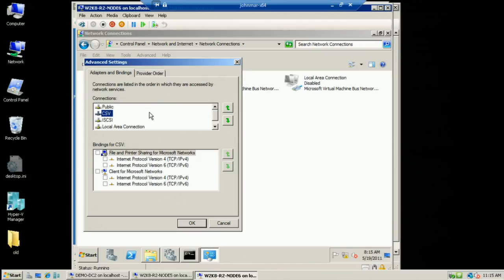File and Print Sharing and Client for Microsoft Networks have been disabled. We have to have that for SMB connectivity. In 2003 days with cluster, the recommendation was to disable that. In 2008, everything has changed. Leave it enabled. It will break your CSV. So if I go ahead and re-enable it,